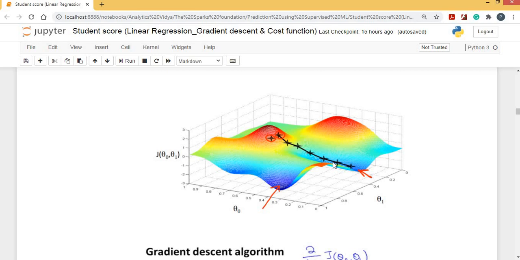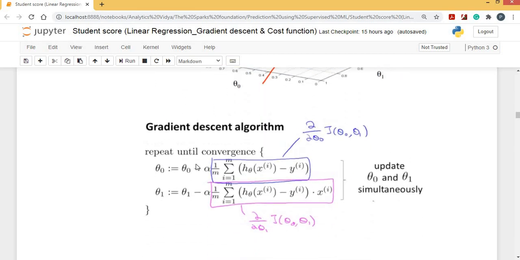When the learning rate is very slow, the gradient descent takes larger time to find the best fit line, and when the learning rate is arbitrarily high, the gradient descent algorithm keeps overshooting the best fit line, and may even fail to find the best fit line. Okay, the step size is equal to the slope into learning rate. This is the alpha, it's called the learning rate.